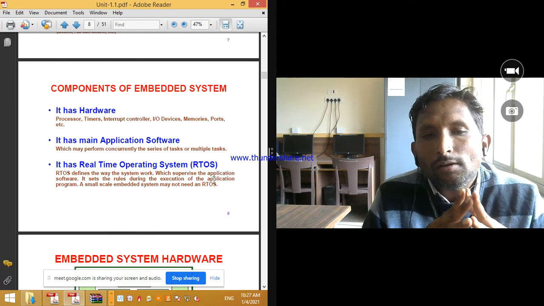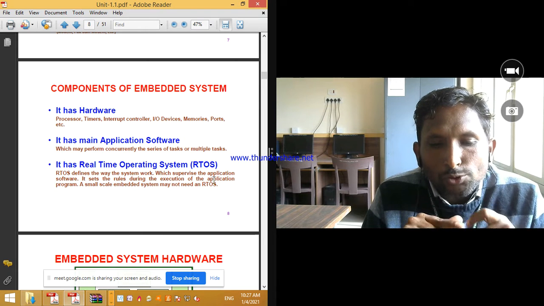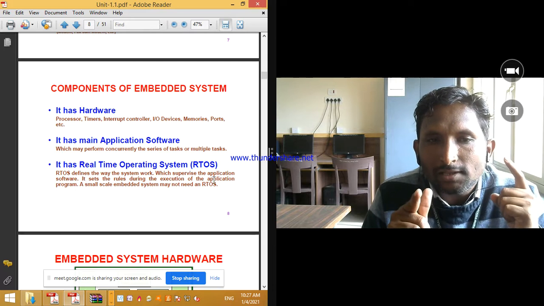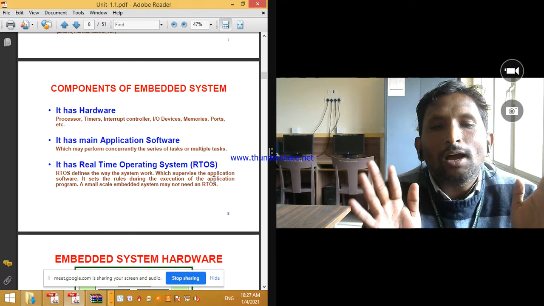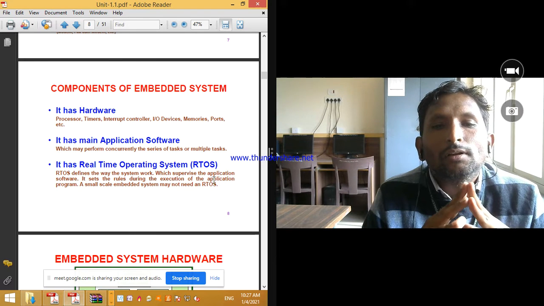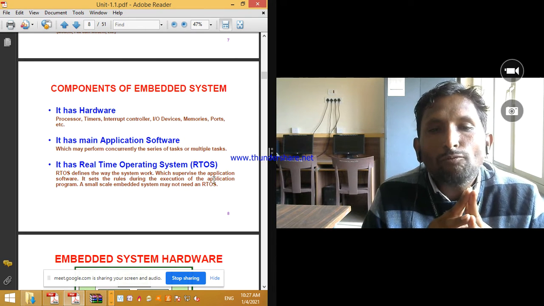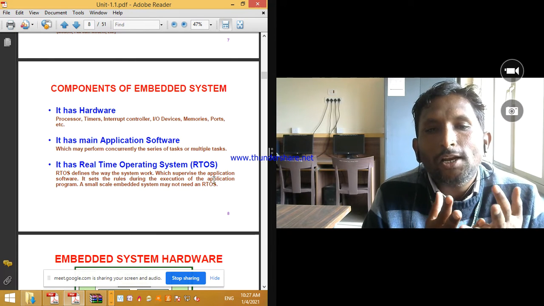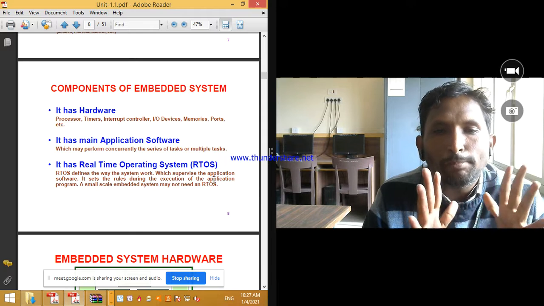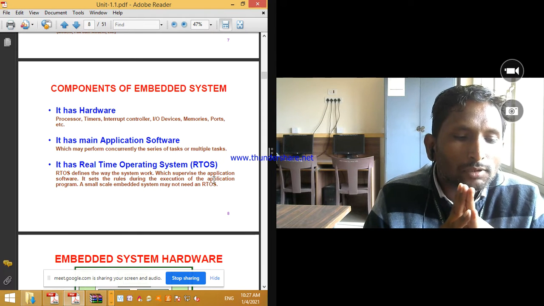What we want is that our system should wash the clothes for 10 minutes continuously, and after that it shuts down the machine. That is what we want. And to handle this condition, the interrupt controller plays the role. That is a simple example that I have shared with you.